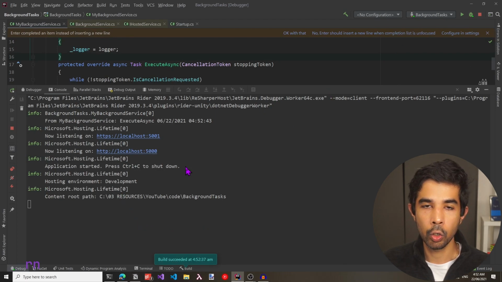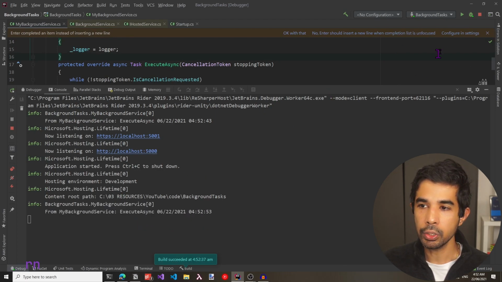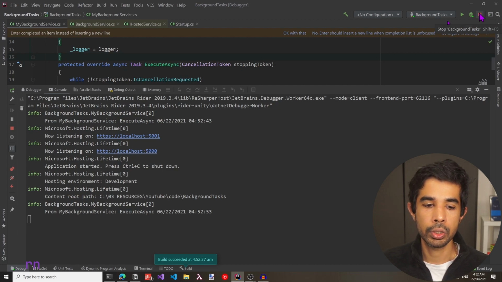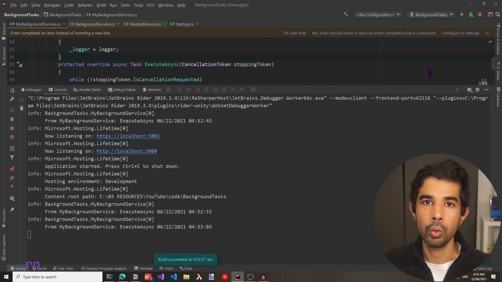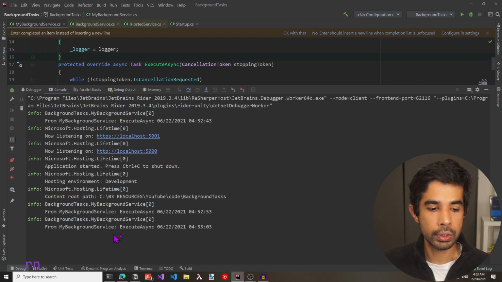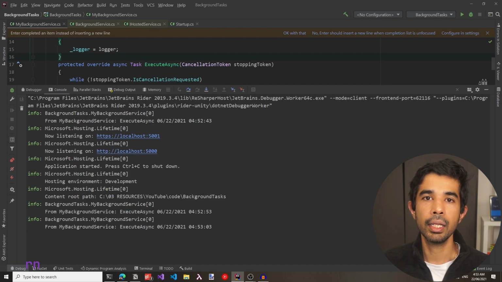Now this will start looping every 10 seconds, but if I was to use the stop button, it is going to abruptly shut down. So earlier I had used Ctrl+C to gracefully shut down, which is why we saw those messages. Now, if I use the stop button in here, this is going to abruptly shut down this running process, which is why we don't see any shutting down messages nor the stop method that we had overridden. So any code that you have written inside the stop async method necessarily need not be called always, which is something you have to be aware of when writing background services.